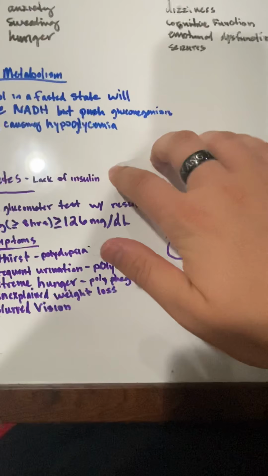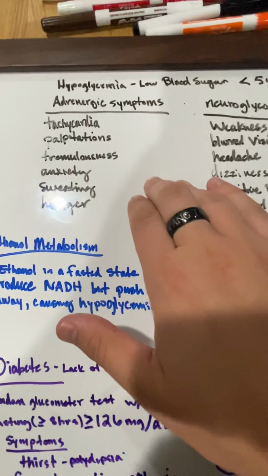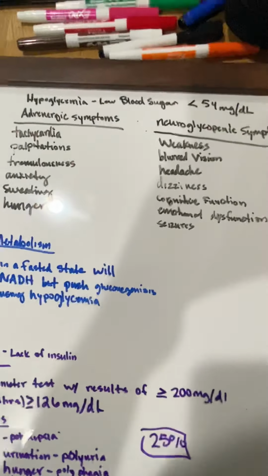Okay, we're going to talk about hypoglycemia, ethanol, and diabetes. So, hypoglycemia is just when your blood sugar is below 54 milligrams per, I think, deciliter. And a couple things can contribute to it. But the symptoms that we got